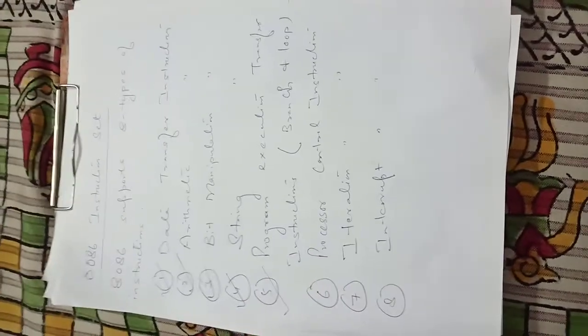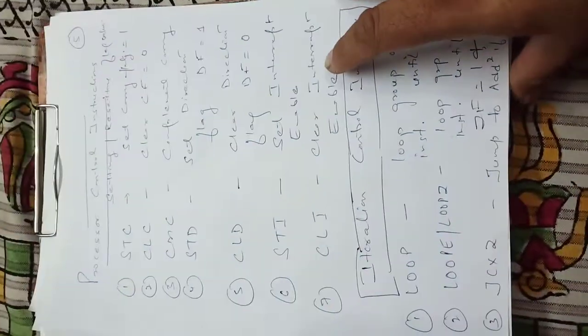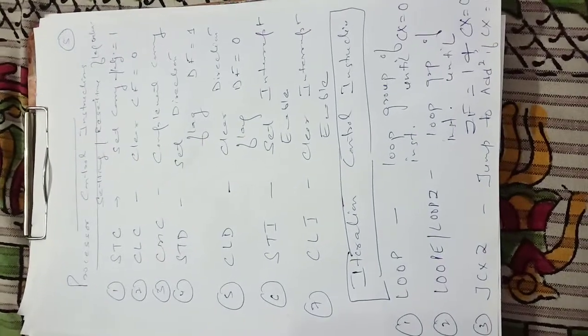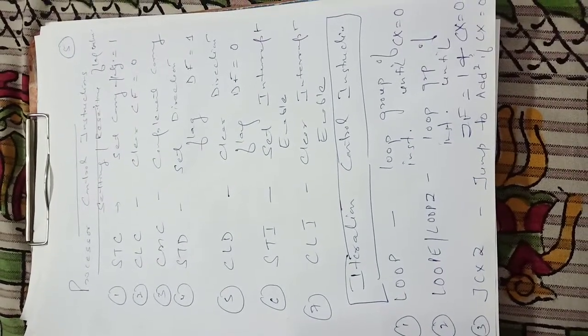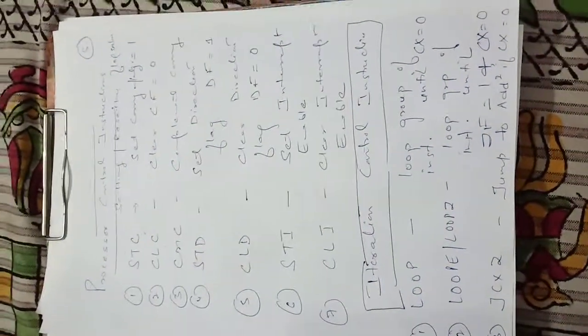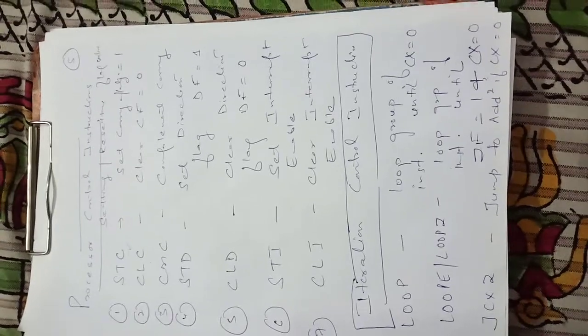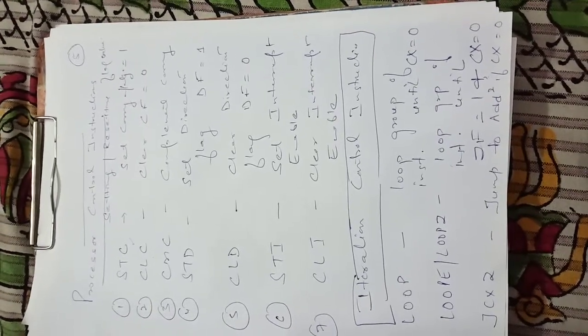Now there are specific set of instructions that are called as processor control instruction. Again, the processor control instructions are basically linked to setting and resetting the value of flag register. Say we want to set the value of carry flag equal to 1, we can use STC instruction. We can clear the value of carry flag equal to 0, or we can complement carry flag. When we talk about a string manipulation, I have already told you that we have to use direction flag.